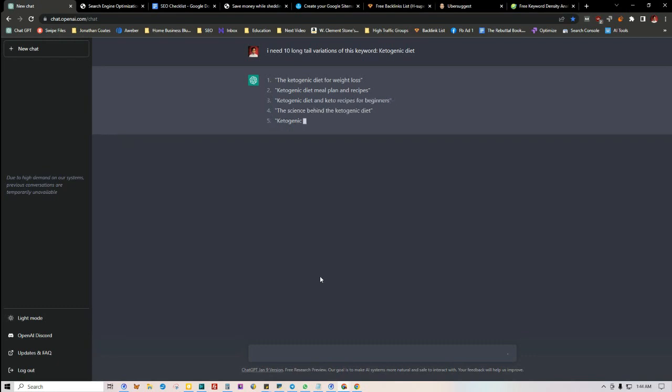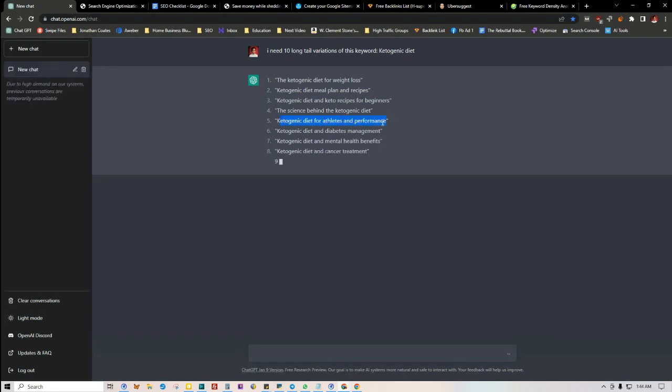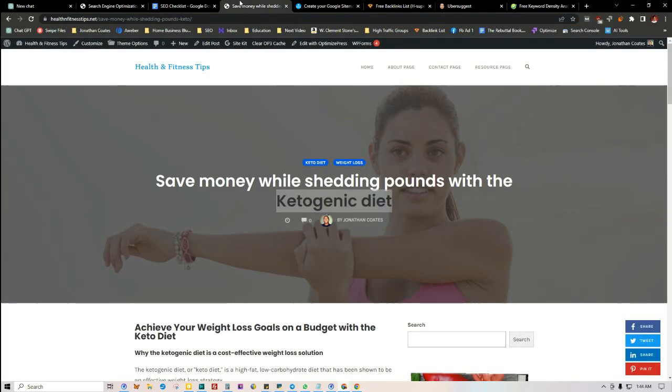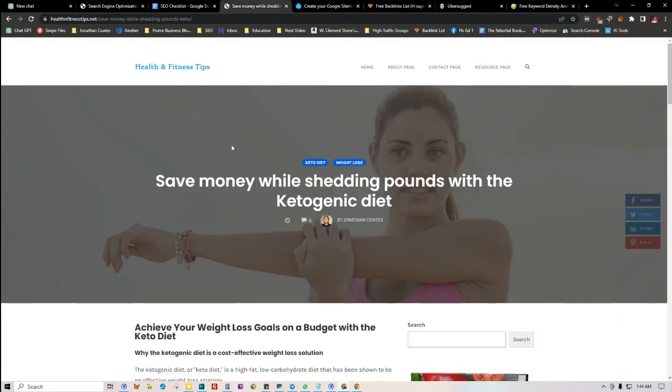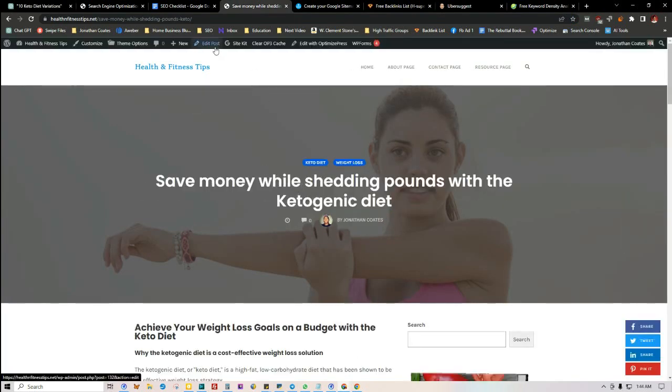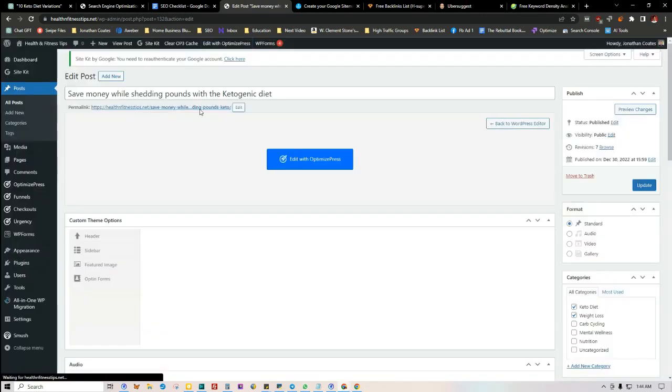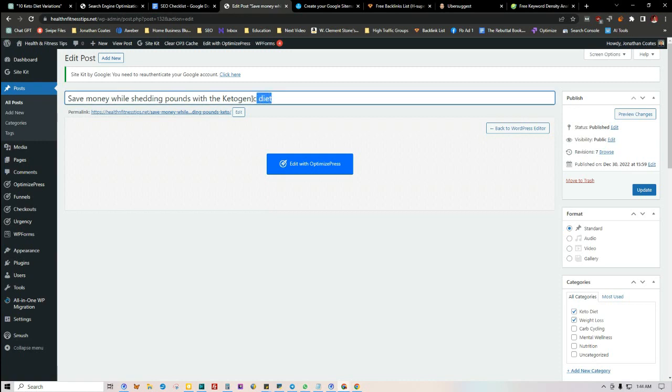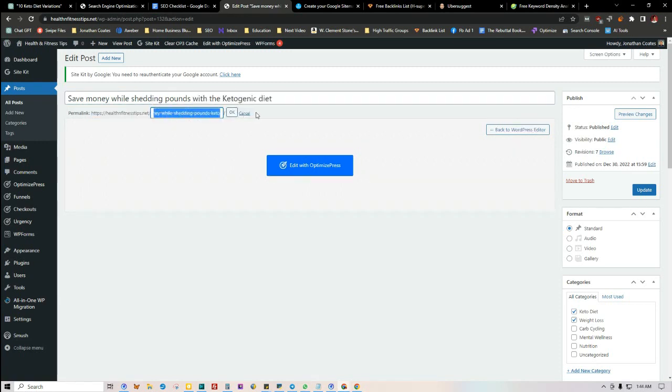Now, according to our checklist, we want to have these kinds of keywords and key phrases not only in our title, but in our permalink as well. So if we were to go back to the post, we go to the actual post itself and then click on edit post. The permalink is basically the URL slug. We want to make sure that we have the long tail variation not only in our title, but also in the slug as well. So in this case, I have to make a couple of changes here.